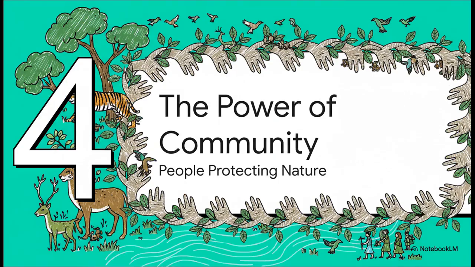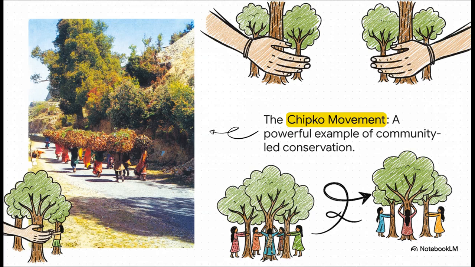So far, we've talked about what the government has done, but that's only half the story. Real successful conservation never happens without the help of the local people. So now, let's look at the amazing role that communities have played. And is there any better example than the famous Chipko movement? I'm sure you've heard of it. It was a peaceful movement in the Himalayas, where villagers, especially women, literally hugged the trees to stop them from being cut down. It's such a powerful story of how ordinary people can make a huge difference.